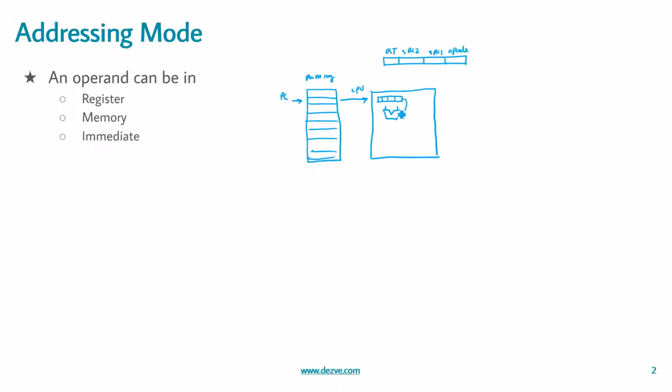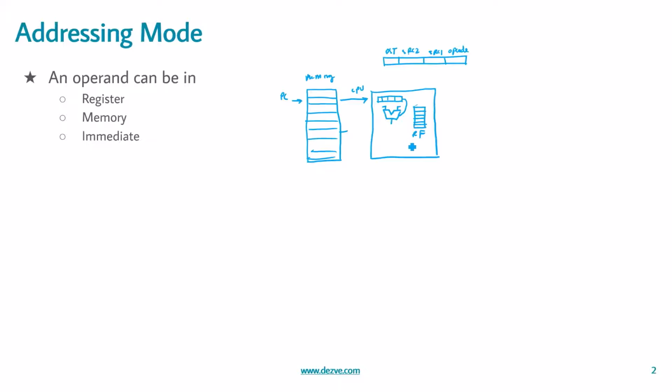Source 1 and source 2 refer to this point, and destination is the point where this node gets connected. Now depending on the type of operation we want to perform, this source 1 and source 2 can either come from memory, a data portion of the memory, or the CPU can have internal storage, a few registers within itself, which you call the register file. So source 1 and source 2 can refer to one of these registers or one of the memory locations.